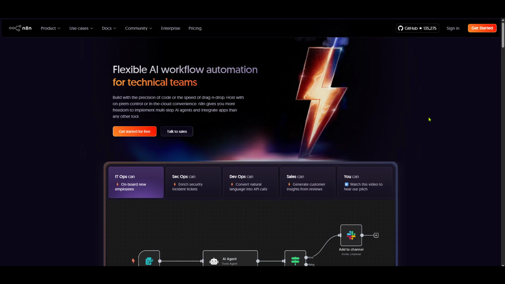Once you're there, locate the Sign In button at the top right corner of the homepage. Clicking on it will prompt you to either log in or create an account if you haven't already. After you've signed in successfully, you'll find yourself at the N8n dashboard, which serves as the command center for all